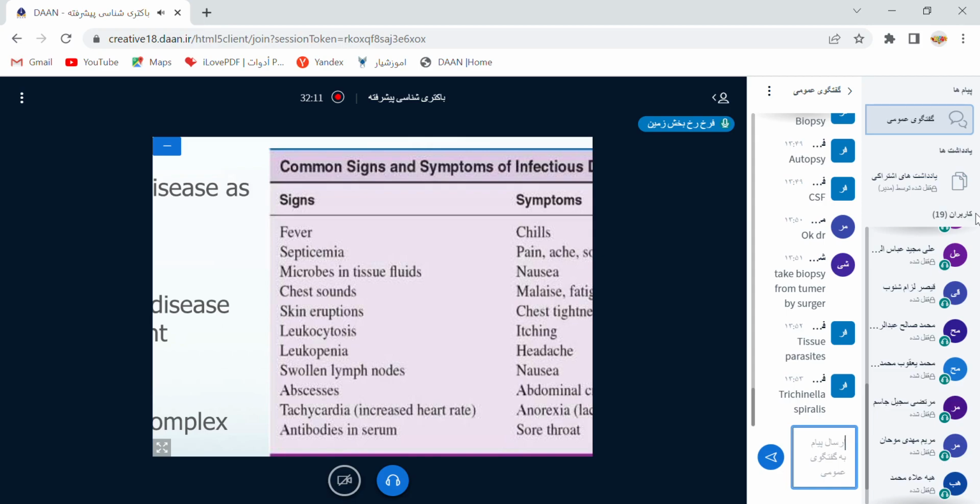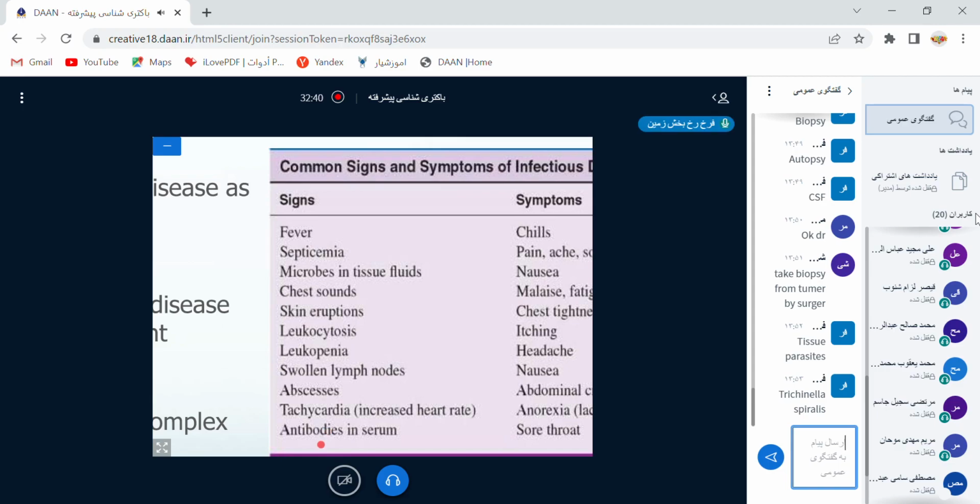So the patient cannot see parasites in the skin. So it is not symptoms, but the lab worker and physician can observe them by microscope. So it is signs: abscess, tachycardia, increased heart rate,